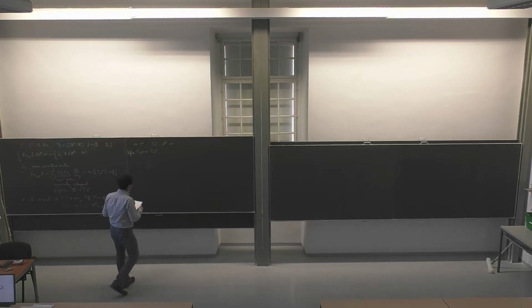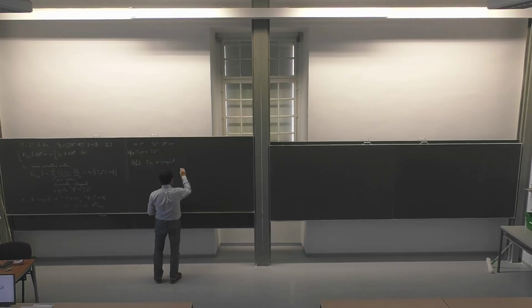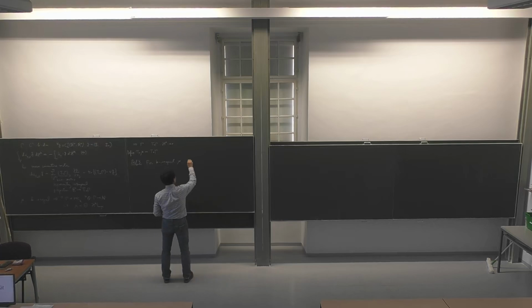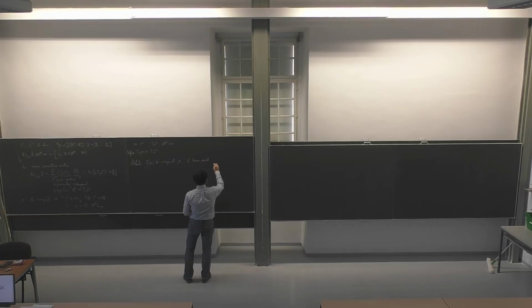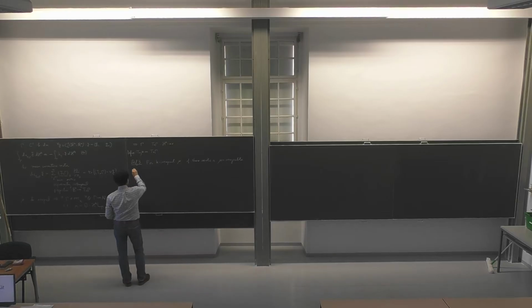So the next definition, which is a little quick, is this: for a k-integral measure mu, if there exists a mu-integrable vector field H,